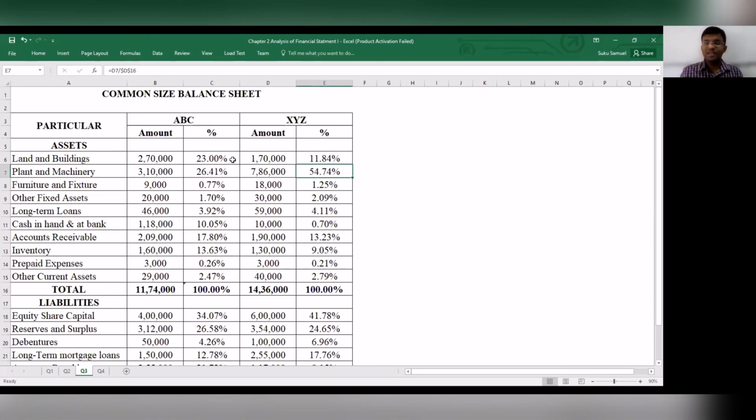I hope this is clear to all of you, and you would be able to prepare a common size balance sheet and compare companies of different sizes, bring them all down to a common platform, and then go about with the comparison. So this is how common size balance sheet will